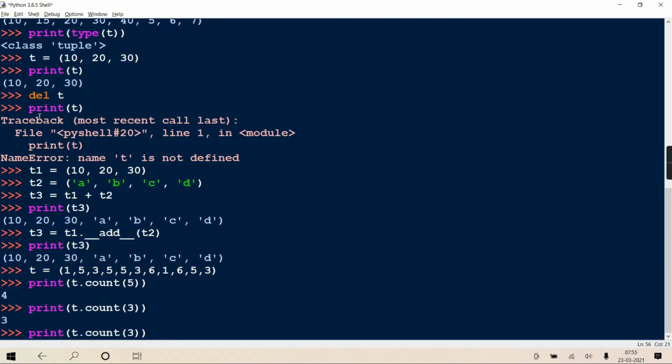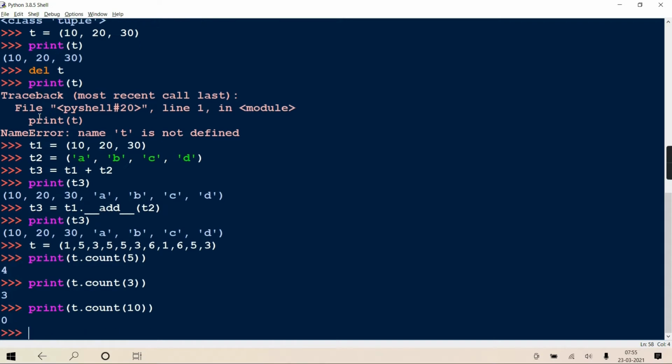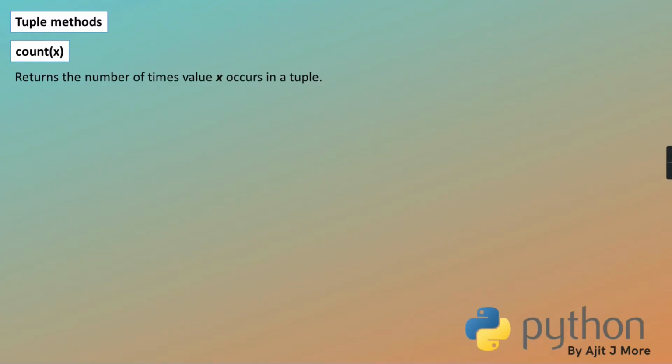And if I give something else, 10, it's absent, so it will return 0. Okay? So the count method, I hope you got it. It returns the number of times X occurs in this tuple, meaning the tuple which is going to invoke it. Example, this is my one tuple, T dot count 10.